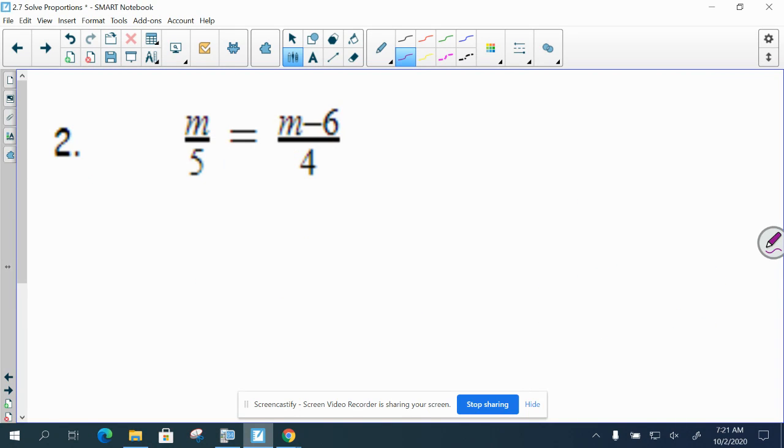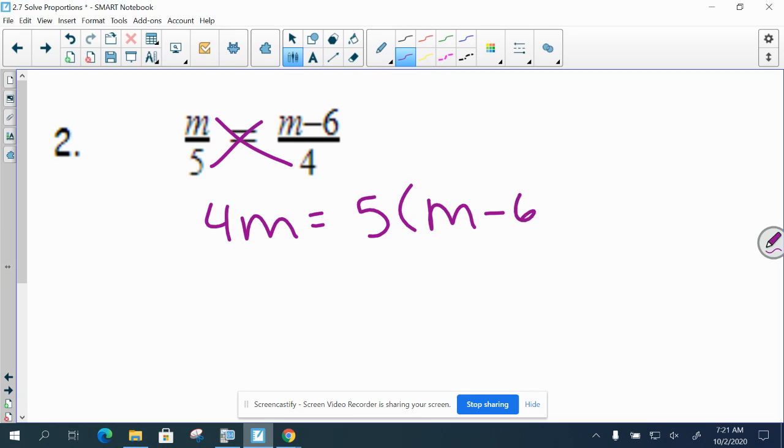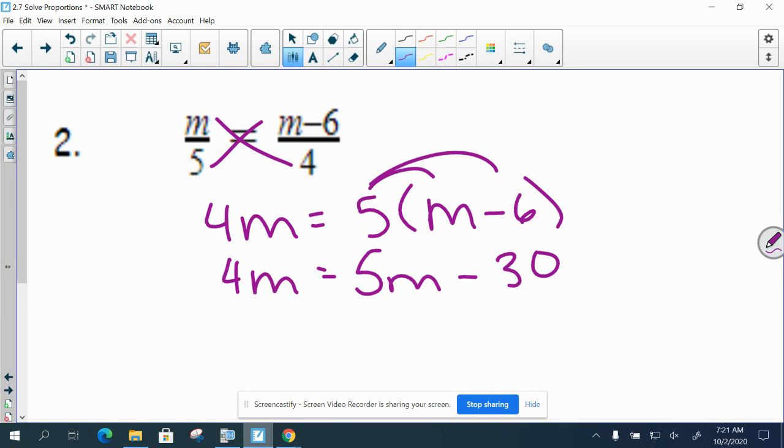Okay, this question. Let's do the same thing. Do the cross product. So m times 4 is 4m. And then 5 times m minus 6, putting m minus 6 in parentheses. So we have 4m equals 5m minus 30. Draw your arrows if you need to. And then,